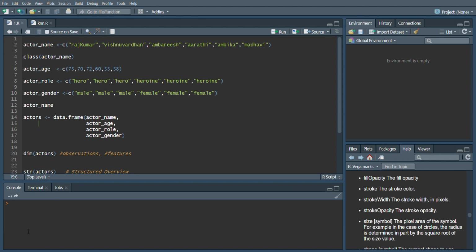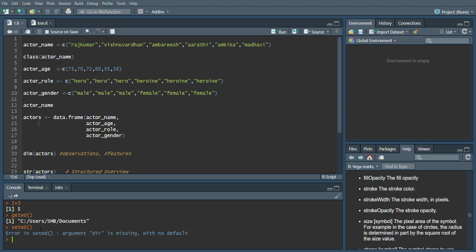And this part of RStudio is called the console, where you can execute simple commands, for example, if you want to know the result of 2 plus 3, you can execute it like this. Or if you want to know the current working directory, then you can use a function called getwd, get working directory. Then this is what it is showing. This is the current working directory, and if you want to set the working directory to a different directory, then you need to pass the argument. You need to pass the argument either in single quotes or in double quotes.